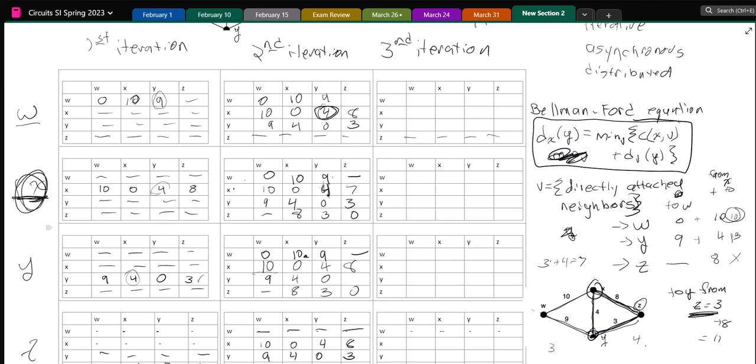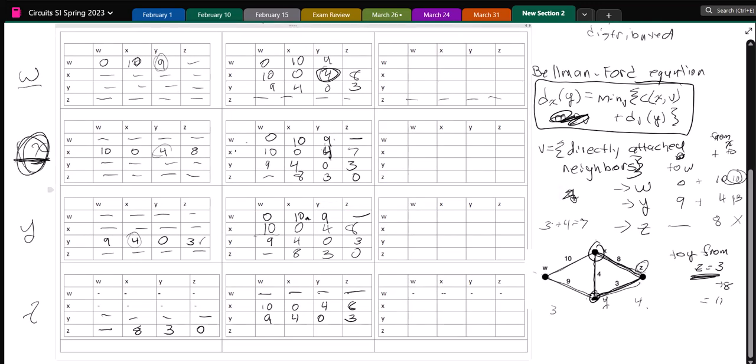Y to itself, of course, will be 0. And then Y to Z. At this point, I know there's not going to be any lower cost. I'm not going to compute them all because obviously it can't be anything less. There aren't any smaller numbers. It's got to be 3. Okay, and then finally,